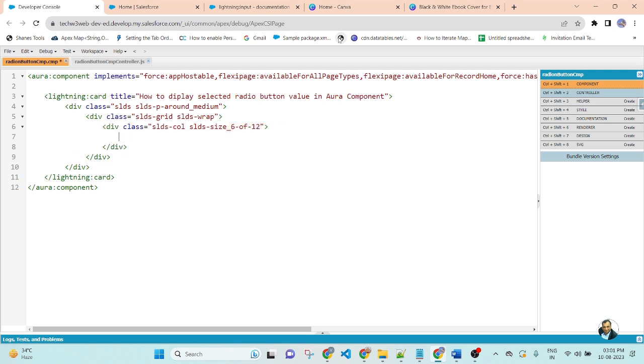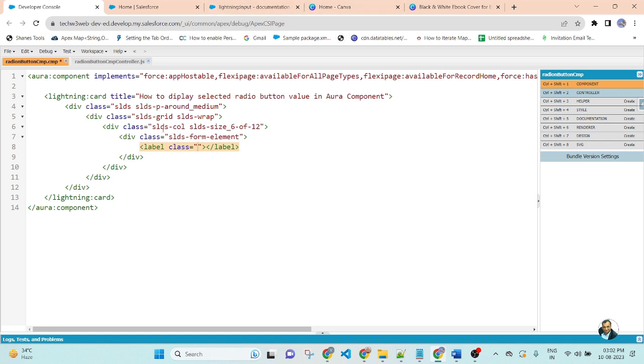Here I will create another div with class SLDS-form-element. Then a label with class equal to, copy this name, and underscore label, and the label name is Gender.